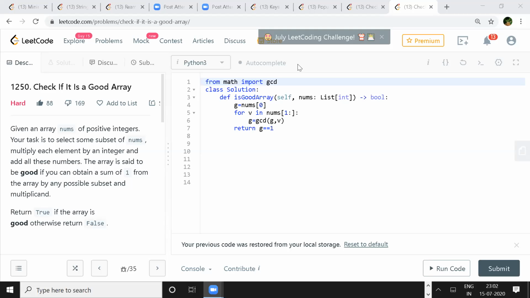Like whatever we discussed with the Wikipedia link, ax plus by equals GCD, the extended Euclidean algorithm. You can tell that you know about the algorithm. Instead of directly giving the solution to the interviewer, we can explain that we already know about the extended Euclidean algorithm, but we are trying it out, instead of directly committing that you came across the problem already. If you explain the extended Euclidean algorithm that you already know, and because of that you are able to try out something, the interviewer will understand that you are trying it out, although you know the concept.